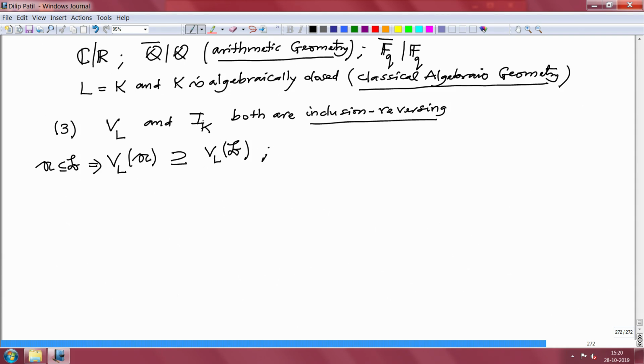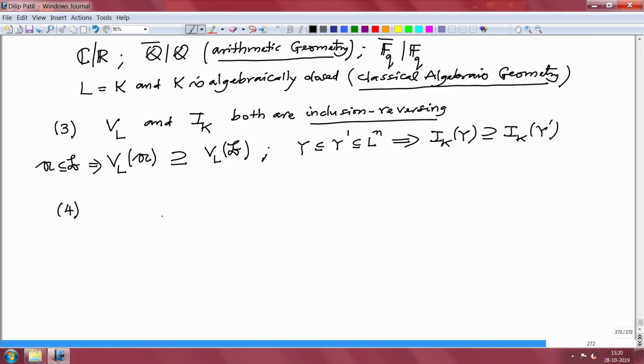Similarly, for I_K, if Y and Y prime are two subsets of L^n, one contained in the other, then I_K of Y is bigger than I_K of Y prime. So these are obvious things, there is nothing to prove there. Okay, fourth one